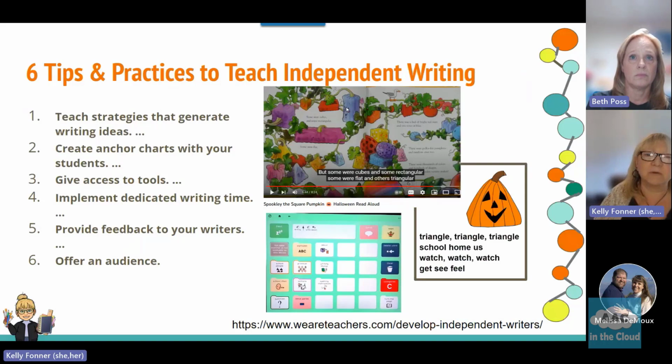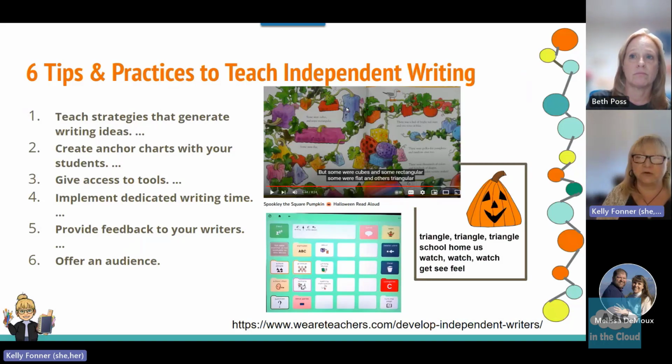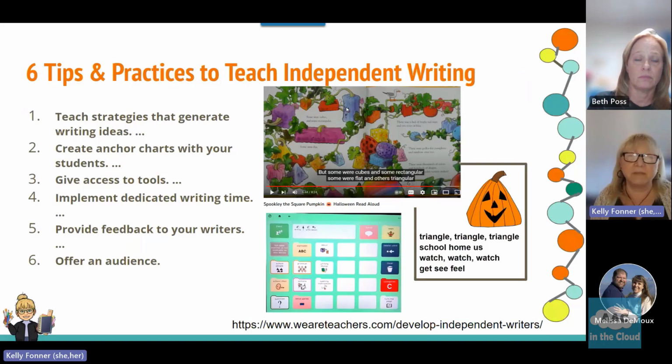We need to make sure that we anchor, if we're doing chart writing, that we're really anchoring students in one way or another to concepts and words and the process. You might decide to figure out how you're going to give them access to a variety of tools. We want to look at making sure that you have dedicated writing time, and it doesn't have to be 45 minutes. A lot of people, they go, oh, we're going to write, like people dread it, but it can be that 10 minutes